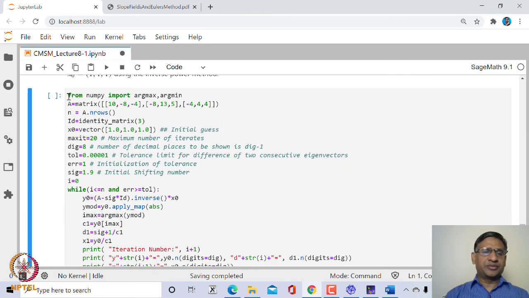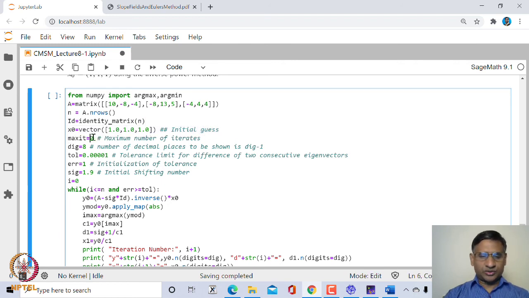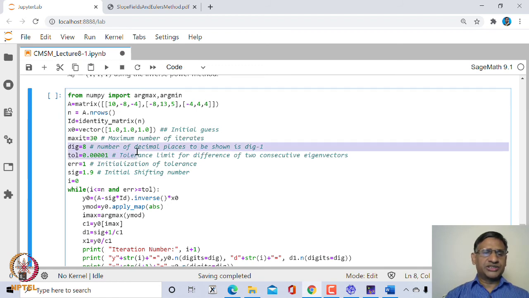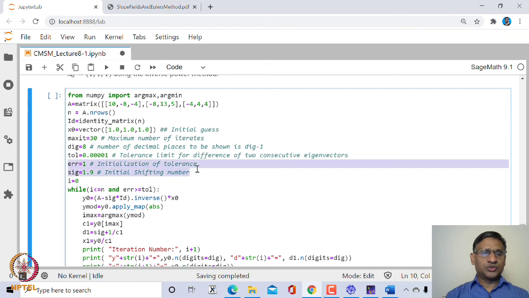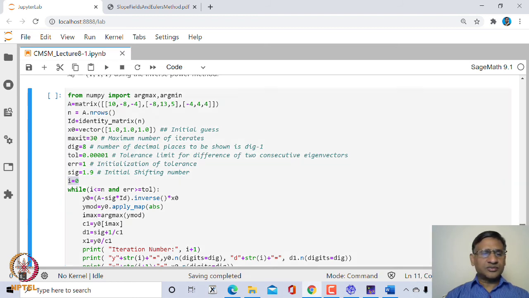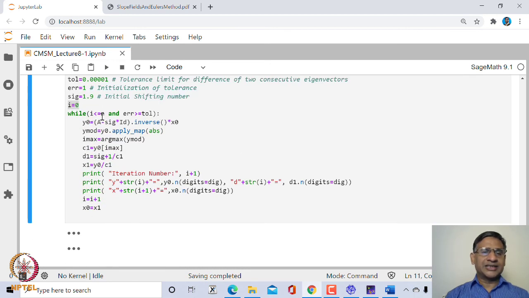We import argmin and argmax. This is the matrix. Let us say n is the number of rows in A, and then define the identity matrix. In this case I should say n here. This is the initial vector which is 1 1 1, and the maximum number of iterates we have taken as 20. If you want you can take, let us say, 30. Number of digits is 8, tolerance is 10 to the power minus 5, initial error is 1, and the sigma value you start with, let us say, 1.9. Then start with i equal to 0, and while i is less than or equal to n and error is bigger than or equal to the tolerance limit,